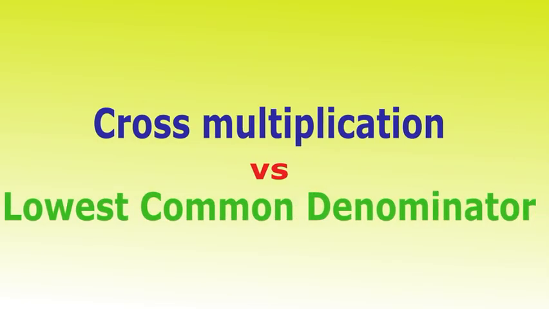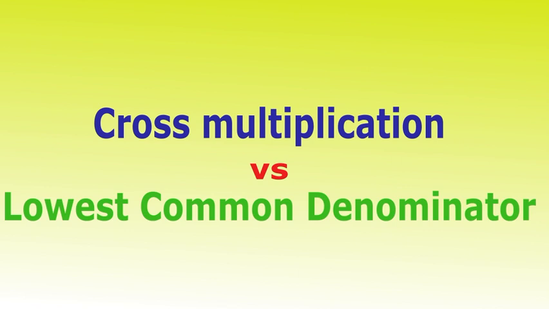Which method is better? Well, you probably don't want to use the first method when you have 3 or more fractions to add because things get quite confusing. It's better to improve at finding the lowest common denominator of 3 numbers or more and using that to find equivalent fractions than it is to try the cross multiplication method with 3 or more fractions.